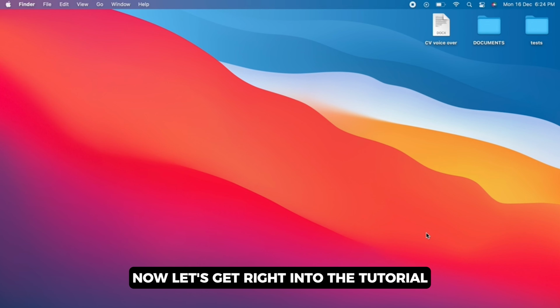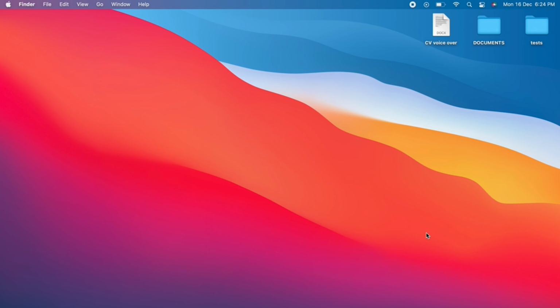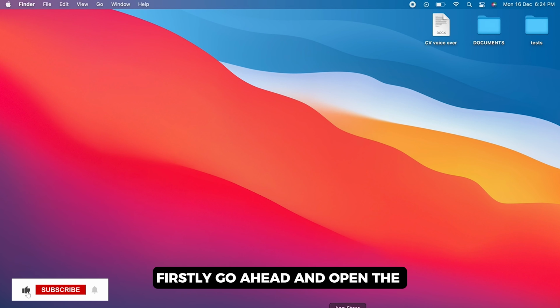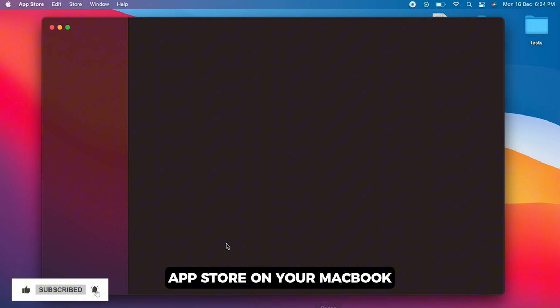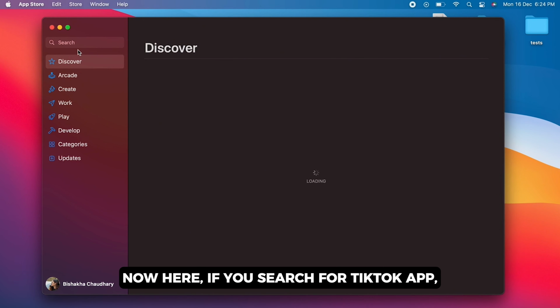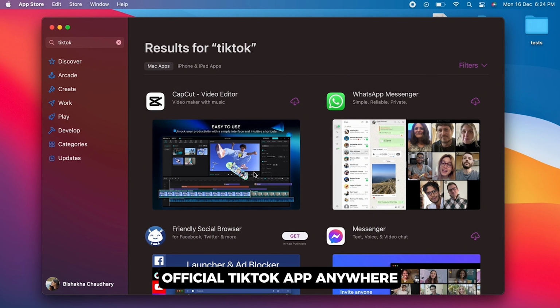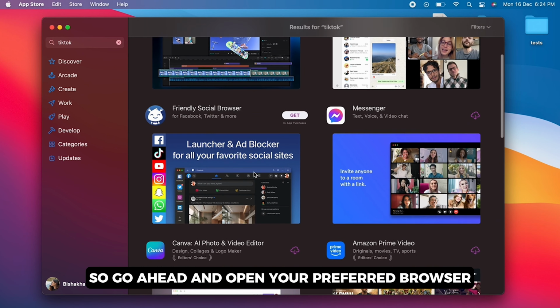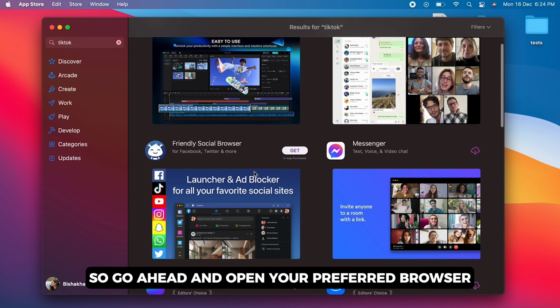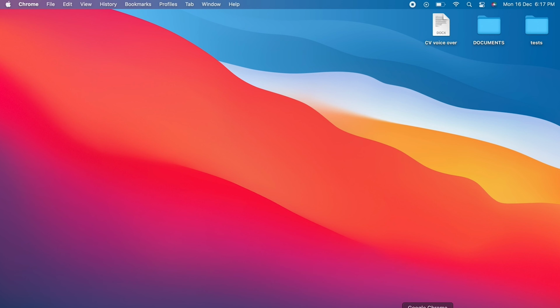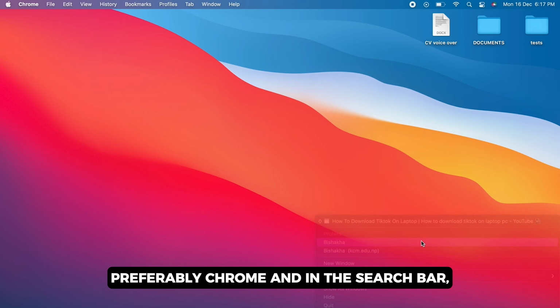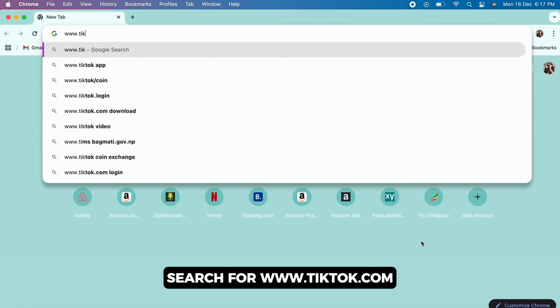Now let's get right into the tutorial. Firstly, go ahead and open the App Store on your MacBook. Now here, if you search for TikTok app, you will not see the official TikTok app anywhere. So go ahead and open your preferred browser, preferably Chrome, and in the search bar search for